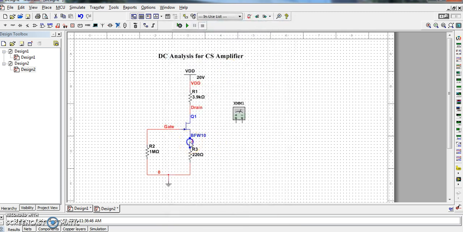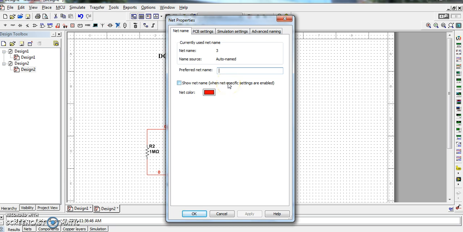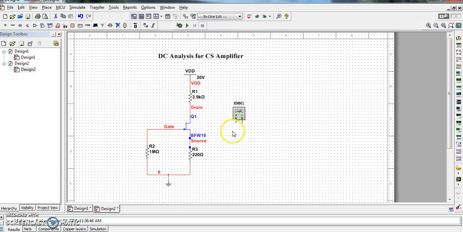And instead of the source, we'll write, instead of 3, we'll write source. So the drain terminal, the gate terminal, and the source terminal. For the beginners, it's very important to know the terminals. Then we need to find out the voltage between the drain and the source, or the voltage between the gate